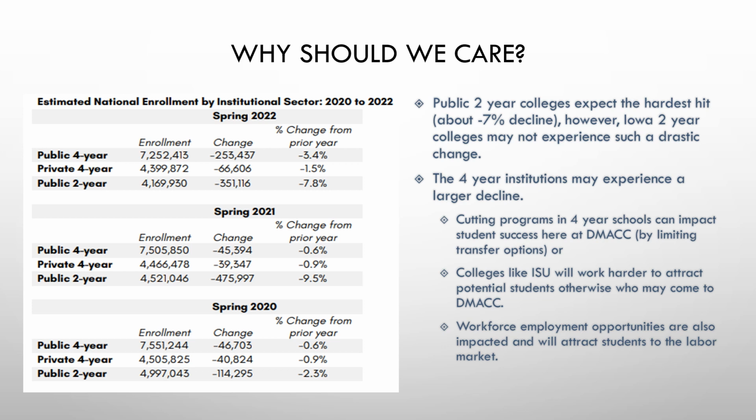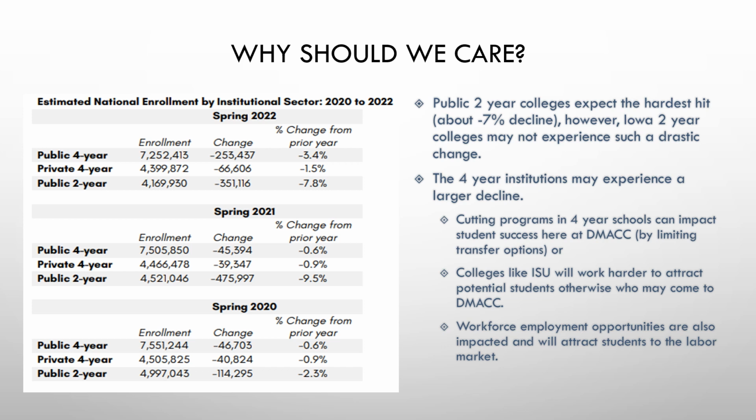Here you can see that across the U.S., two-year institutions were predicted to see up to a 7% decline in enrollment. While DMACC did not experience a decline that was this dramatic, the four-year institutions were not expected to see a steep drop in these years, but did, in fact, experience a larger than projected decline. In any case, as these declines begin to take their toll on higher education, DMACC may experience some residual effects.